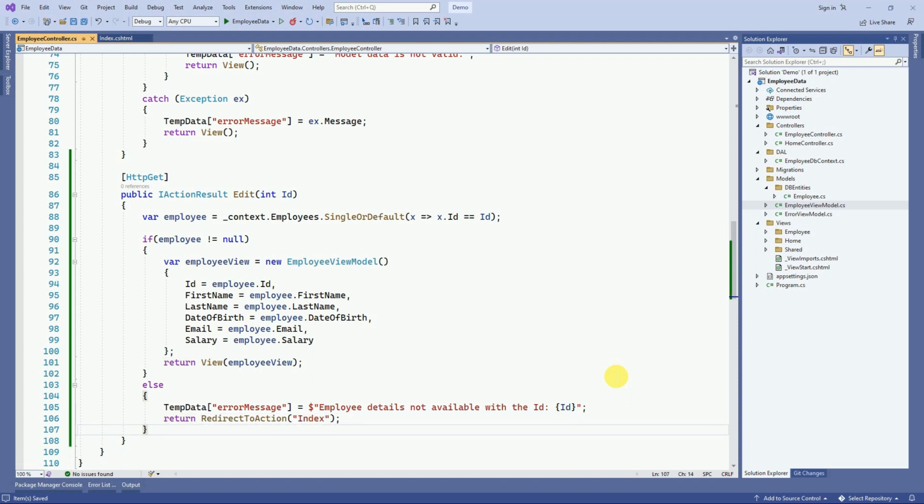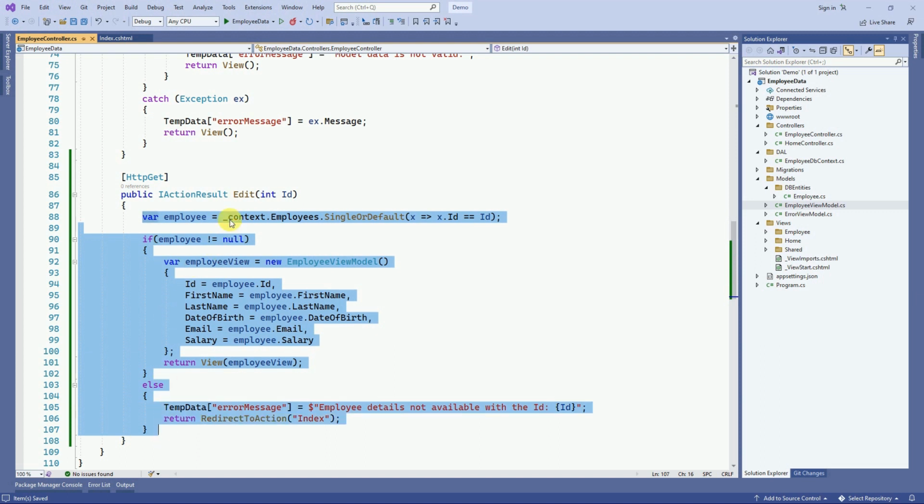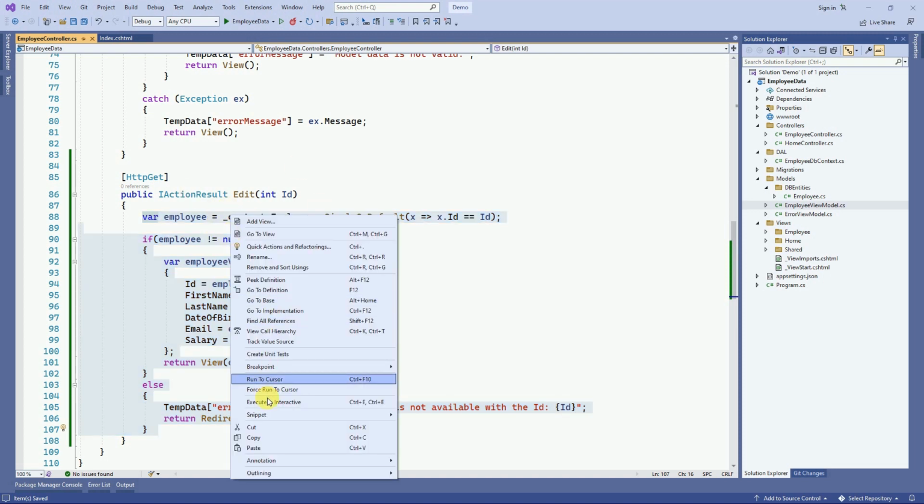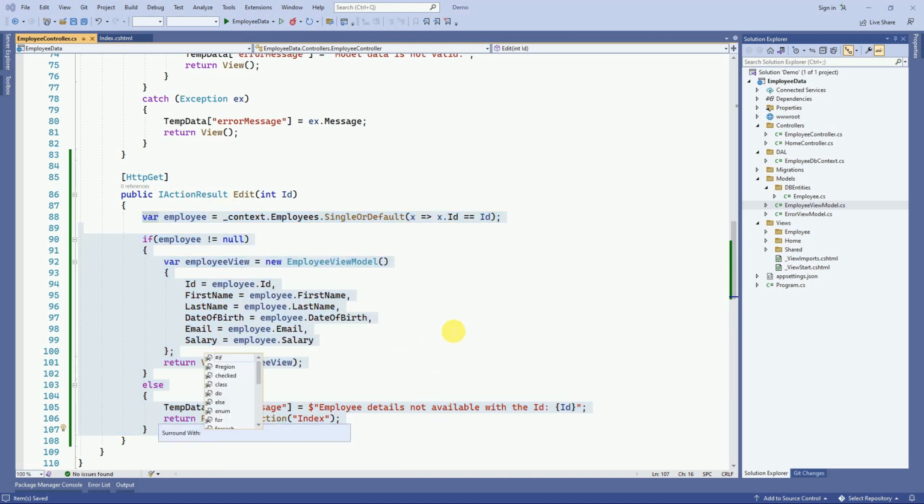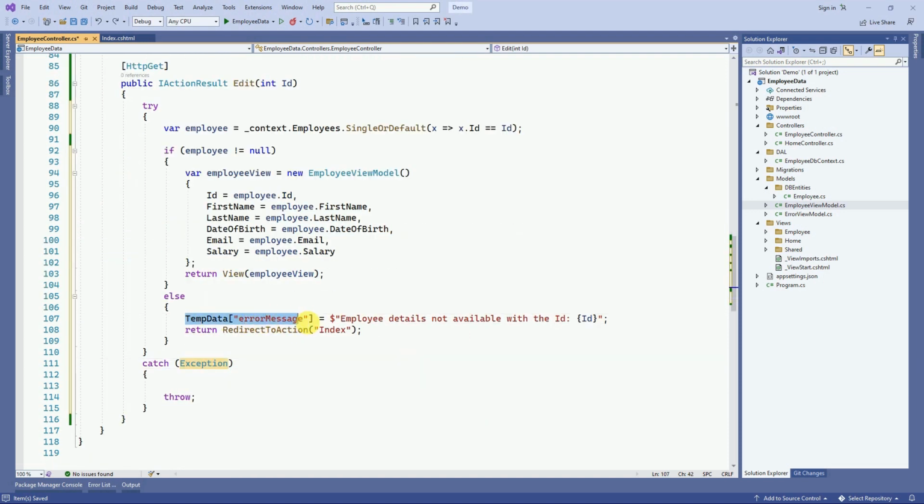I'll redirect to index. Also, if there are any unhandled exceptions, we have to display that to the user. For that, select our entire edit block, right click, snippet, surround with. We have to use the try catch. I'll use the same temp data to display the error message, ex.message, and here I'm going to return